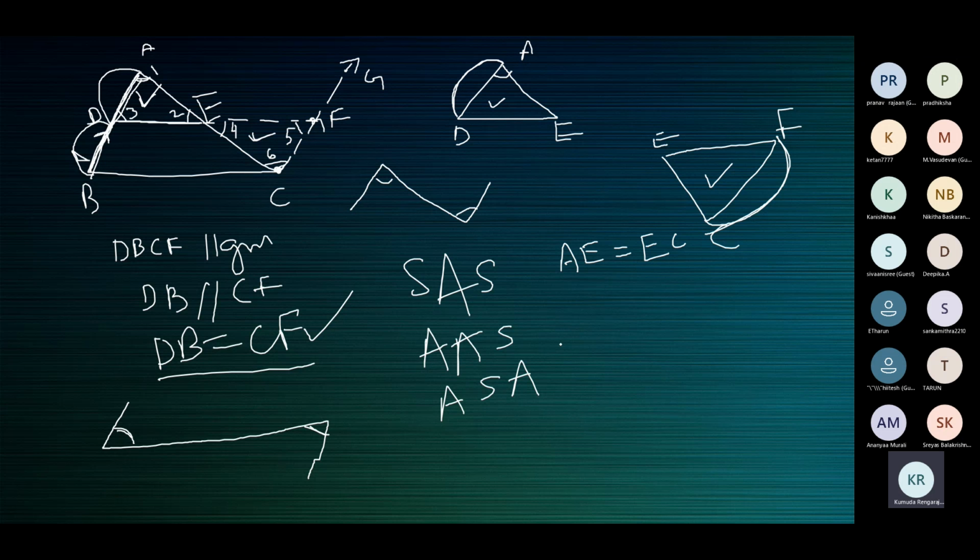AAS. But you can also write this, children. I have used ASA. Or in the books you will find ASA, because ASA somewhat dominates AAS. Both are correct. But the thing is, ASA dominates AAS. That is, in situations where you can use both ASA and AAS, somehow the preference is given to ASA.